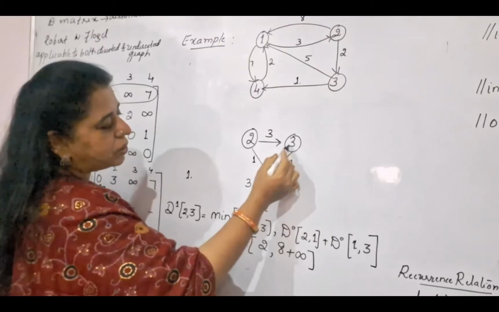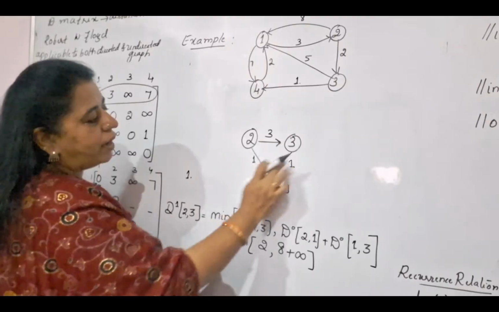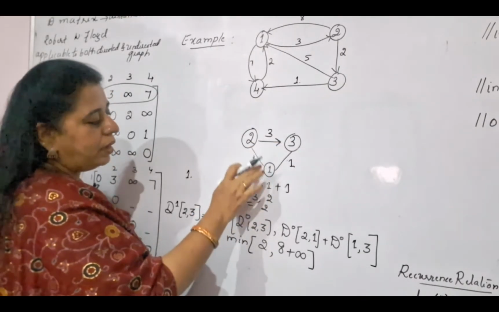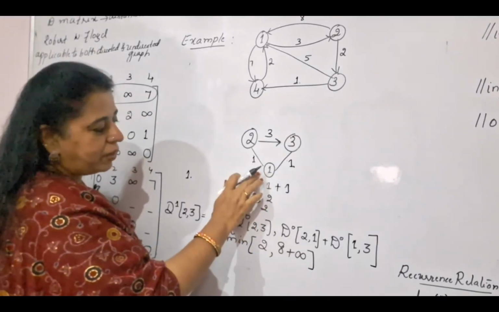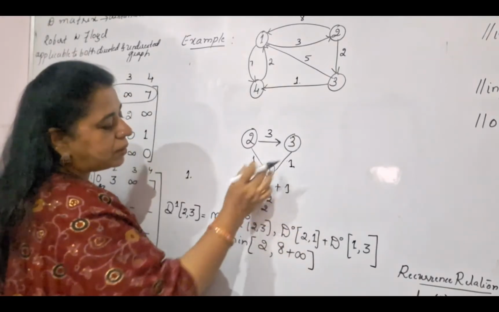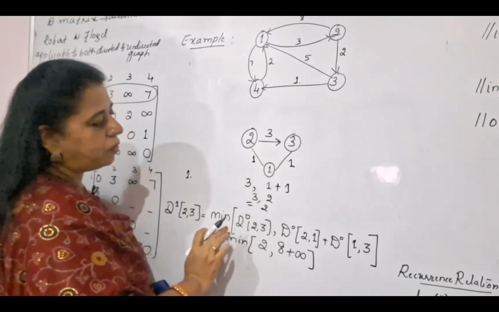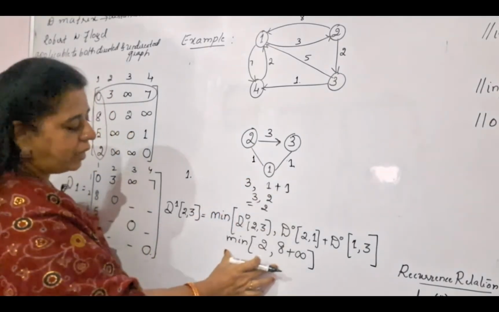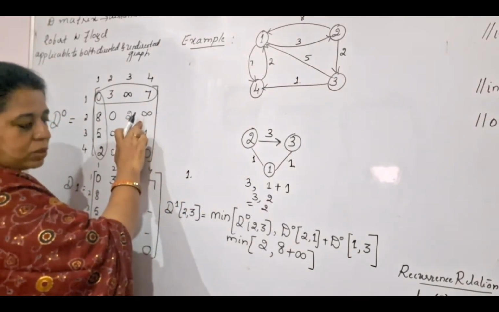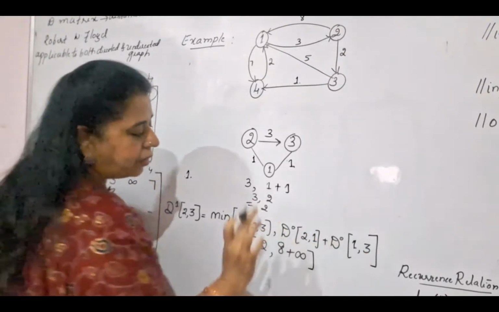So you will always try to see the minimum cost when moving from one vertex to another vertex. Even though it is via the intermediate vertex, at present it is only one intermediate vertex. Even if there are 2 or 3 or 4 intermediate vertices, whatever is the minimum, whether to reach directly or via intermediate vertices, this decision you need to take. So for every value of D1, you will always compare with the previous values stored in the initial matrix and then select whether you can reach directly or via the intermediate vertex.